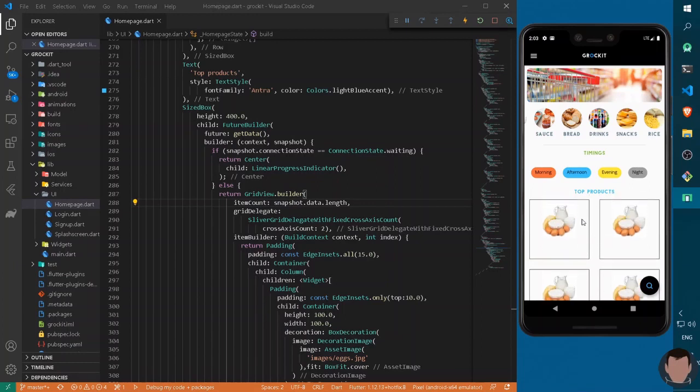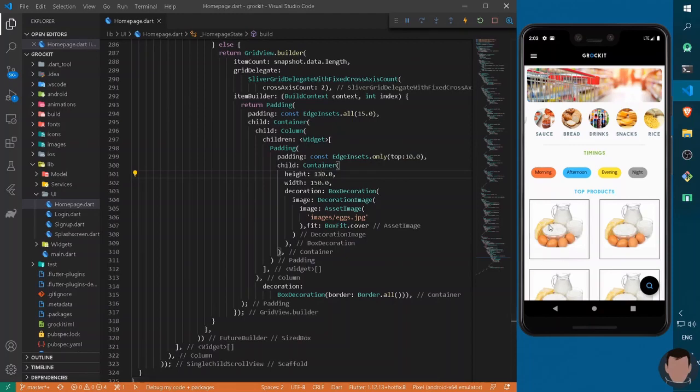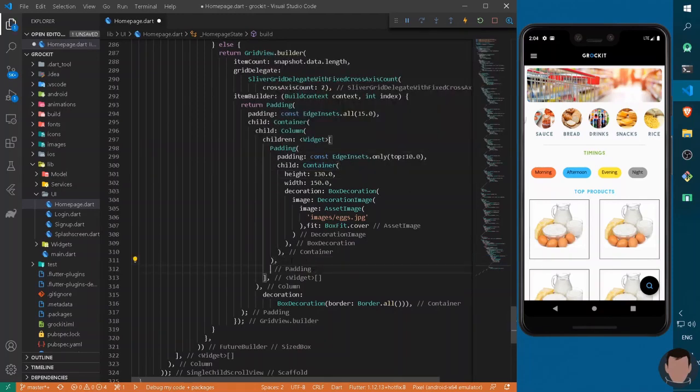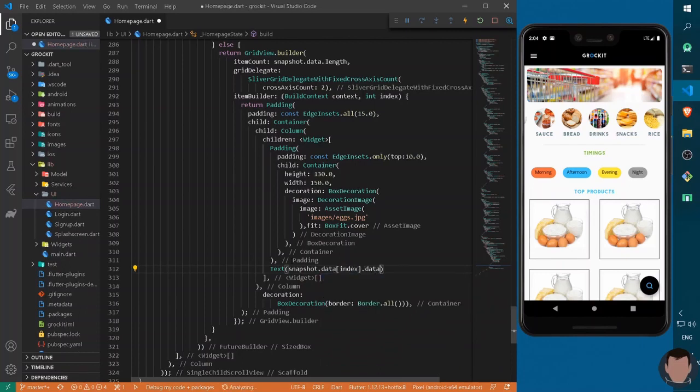So here we can also make this image somewhat bigger. Let's do it by just increasing its height and width. Okay, so let's decrease the height somewhat, to 130, and give another attribute to our container, that is a main padding. So coming down to this padding, I can write here text, and now this text will be from our database, that is snapshot.data, from the index of data, say name it car. As in the previous example we have set an example, it has a Chevrolet.